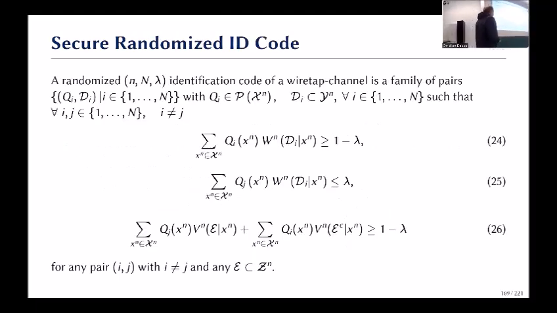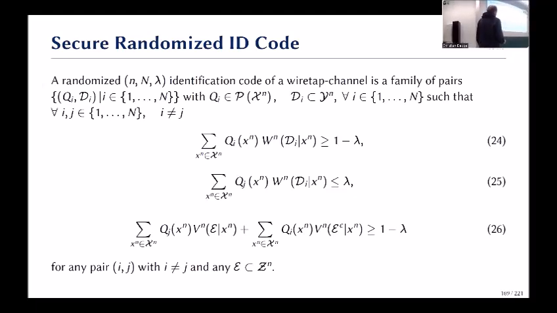So, okay, we can define it in the following way. We do it randomized. Again, for deterministic, it doesn't make so much sense if you do not add some additional constraints. So we have to use randomized. We will look at randomized identification. So we construct a randomized identification code for the wiretap channel. Again, we have a pair (Q_i, D_i), Q_i a probability distribution, and decoding sets D_i, which do not have to be disjoint, and